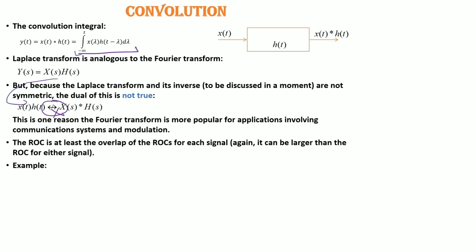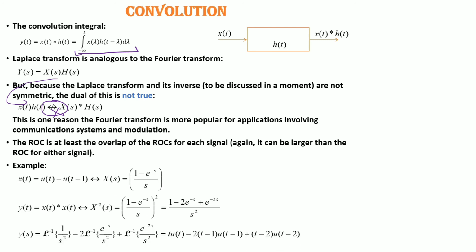is not true. That means if we want to reverse this function with this function, that will not be true. Okay, this is one reason the Fourier transform is more popular for applications involving communication systems and modeling. Okay, the ROC is at least the overlap of the ROC for each signal. Again, it can be larger than the ROC of either signal. Simple. Suppose we have to find x of t. We have a function,